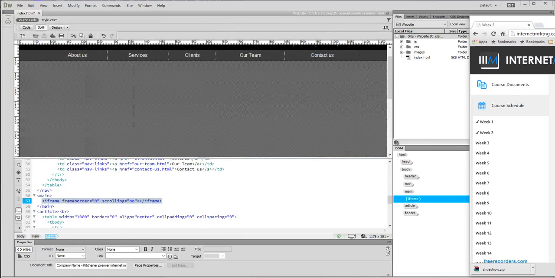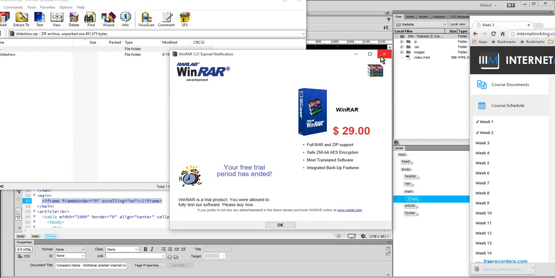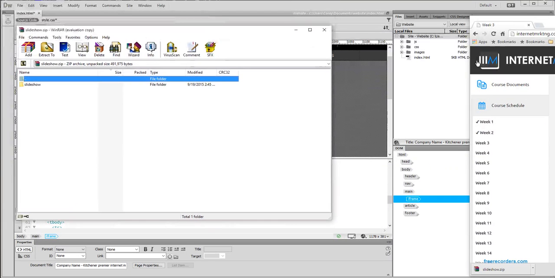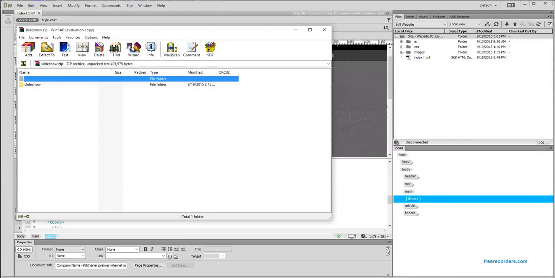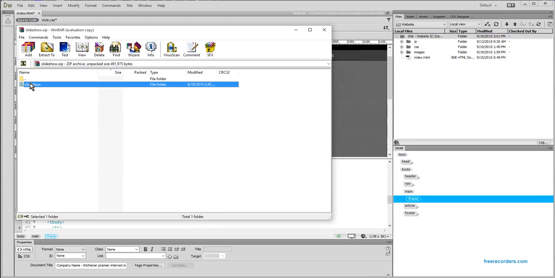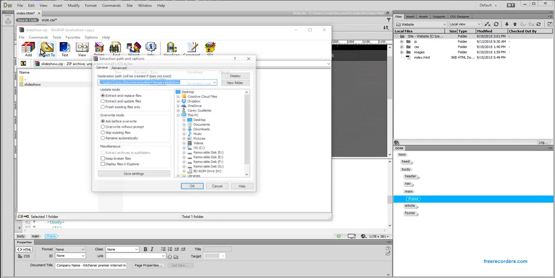Since I have WinRAR, it's slightly easier. There may be a slight variance on how you go about doing this in the lab, but I'll cover it from all areas. You can see that I have my website available here. What I'm going to do that you would do in whatever the native extracting file is at Conestoga is just go extract to,